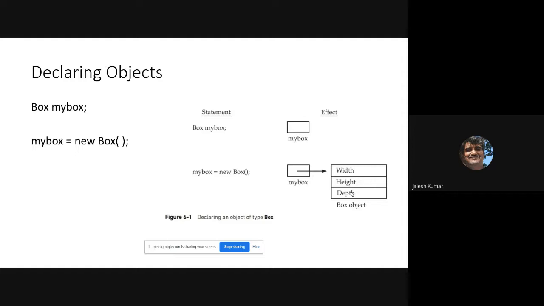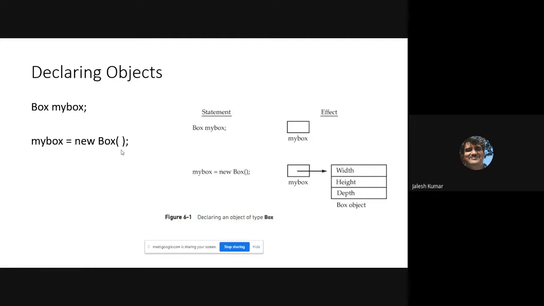That's where the difference is. This indicates a reference to an object. It is just a declared reference to an object. This allocates an object of type Box, as I told, and this is a constructor, a default constructor. Whenever you are using the class name with these braces, it is called a default constructor.